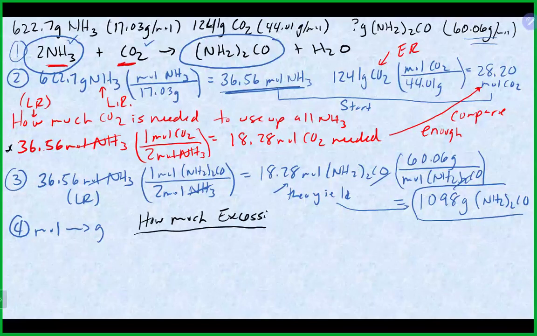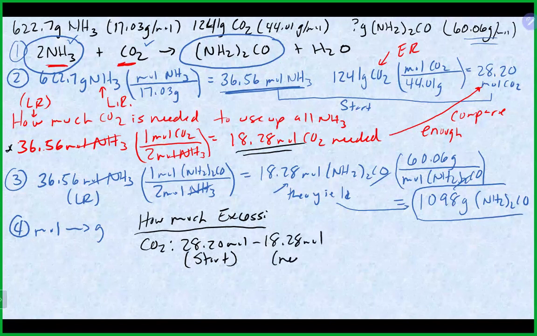So the CO2 was our excess, and we started with 28.2 moles of it. We figured out from our calculation that we needed 18.28 moles of it. That will give us a net of 28.2 minus 18.28, about 9.92 moles of CO2 left over, which again,